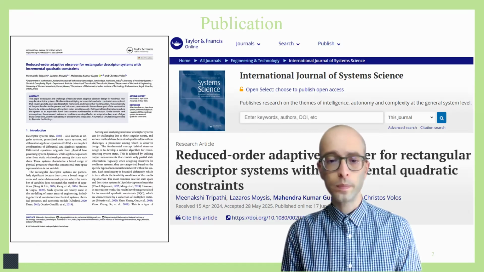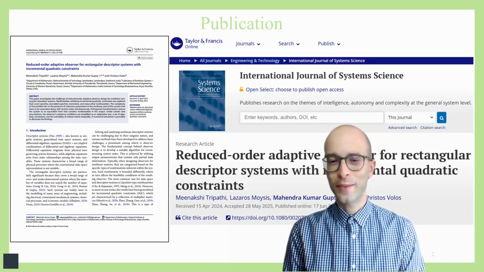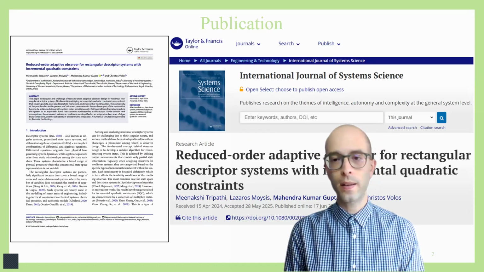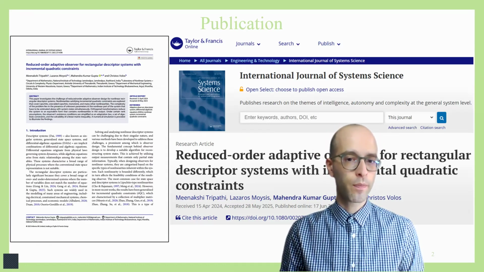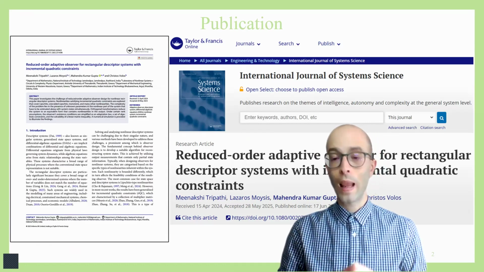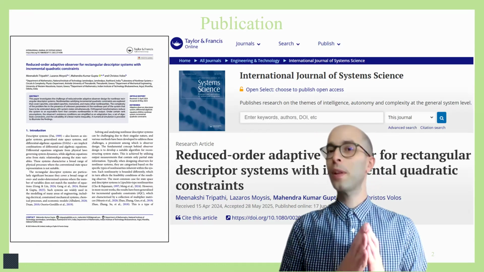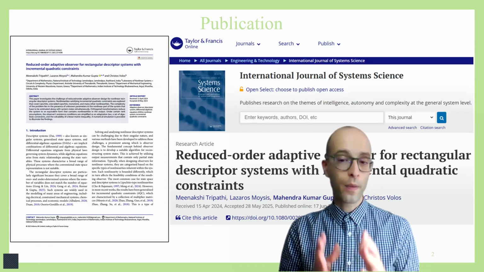Okay, it's a paper made with some very good colleagues, and kind regards to my colleague Mahendra, with whom I have been collaborating for many years on observers. So reduced order, which means that we can reduce the state of the observer. Adaptive observer, which means that some parameters in the system are unknown and we need to estimate them. Okay, for rectangular